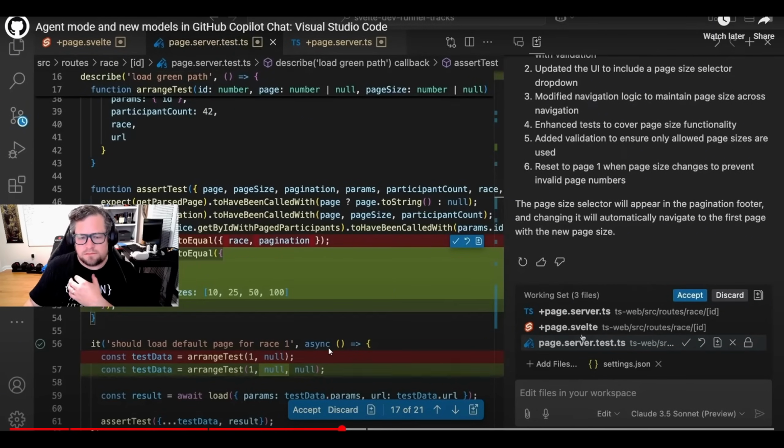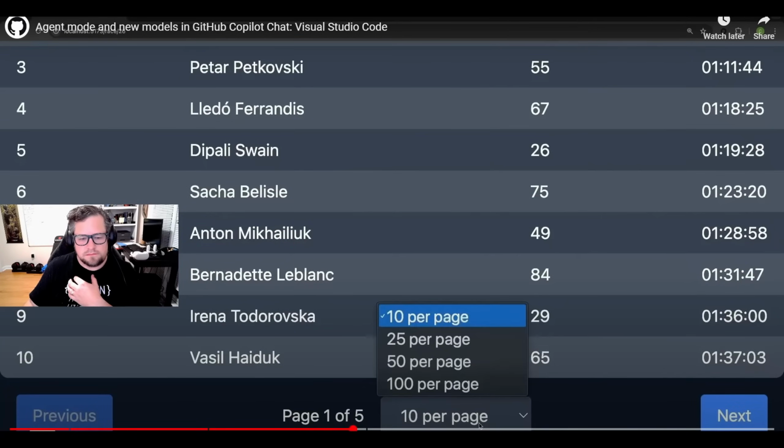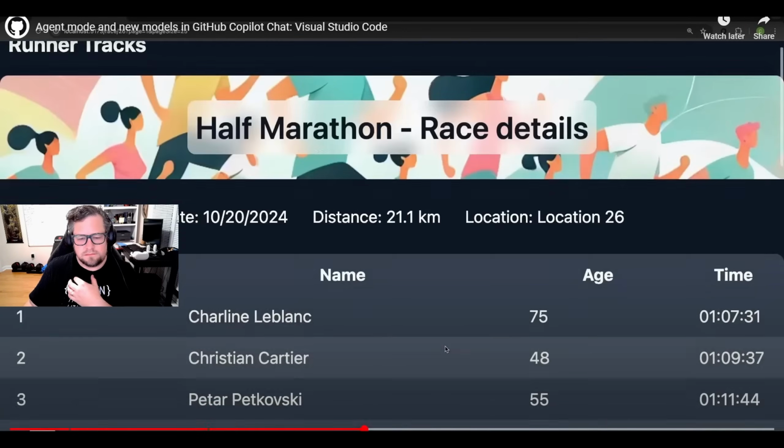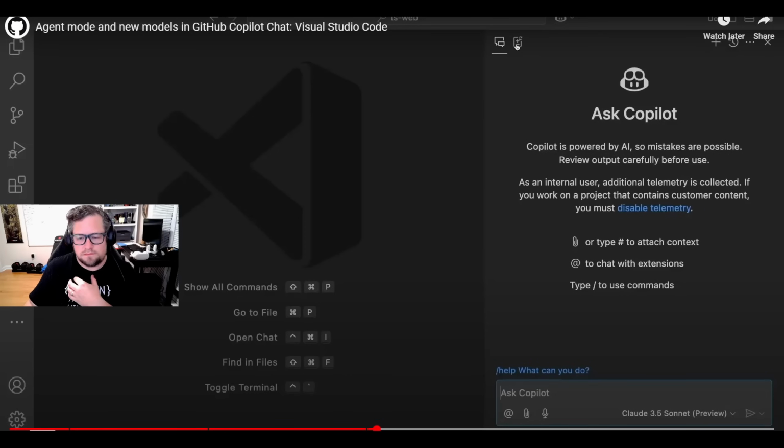Let's save, take a look at the site, and there we go, a working dropdown to select how many rows the table should display. Let's turn our attention to an even more complex